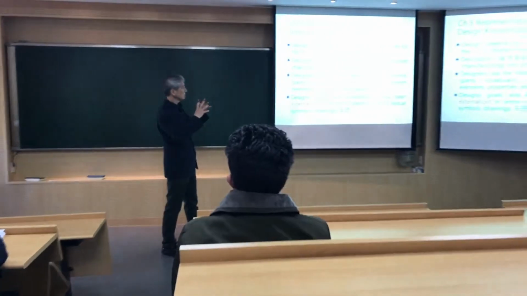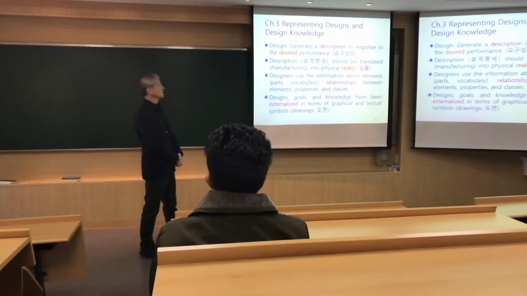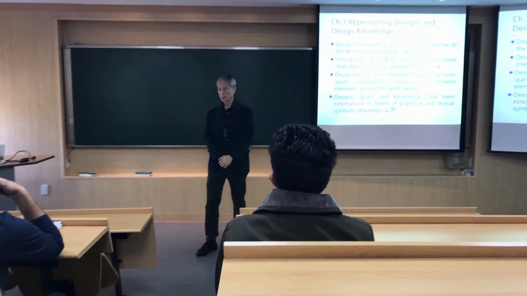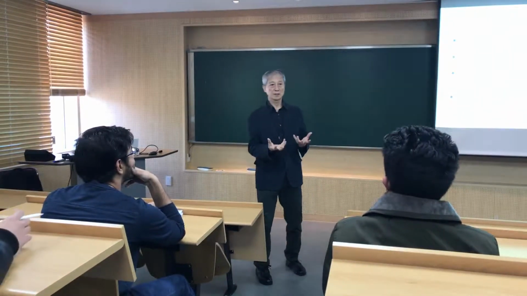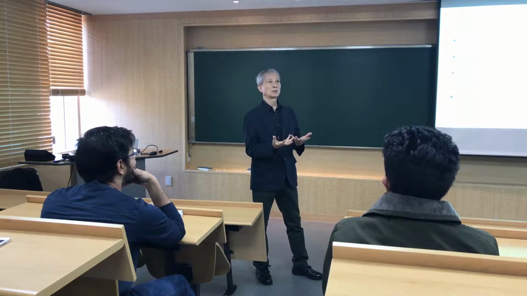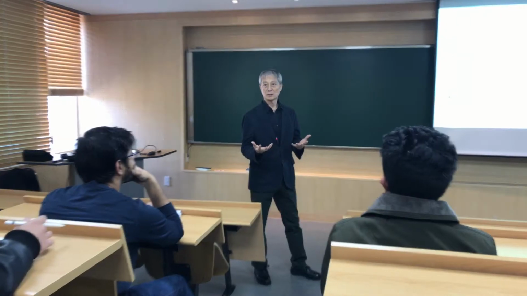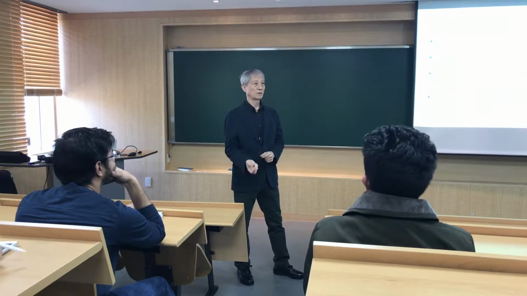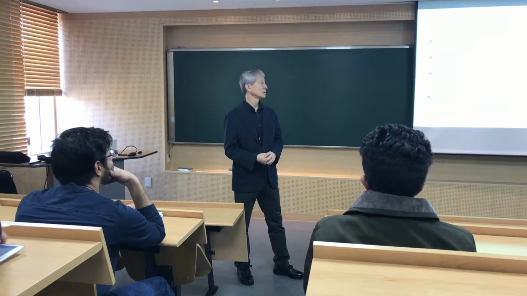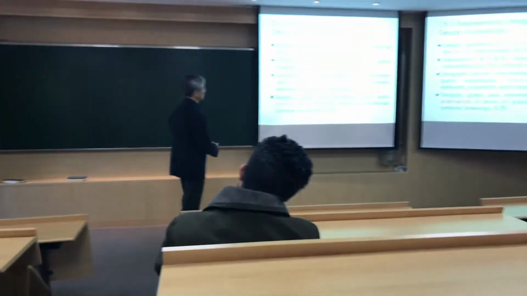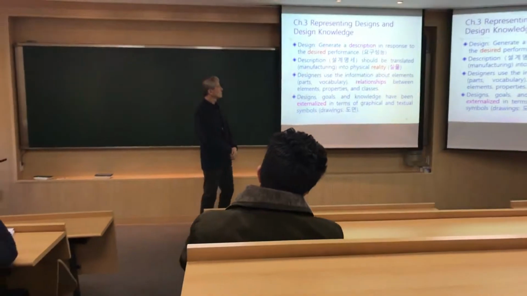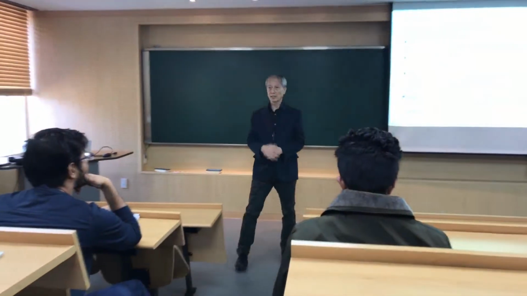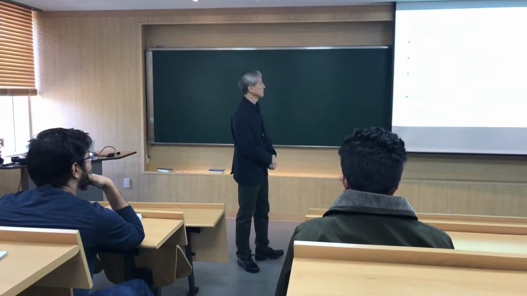The description itself, the drawing or CAD model, should be translated into physical reality in the final stage. So once you design a product, that output can be a drawing or CAD model, or a book. And then that should be used for real manufacturing or construction. Right? So reality is another step. So design and manufacturing are separate. But that should be in your mind when you're designing something. Manufacturing should be considered.